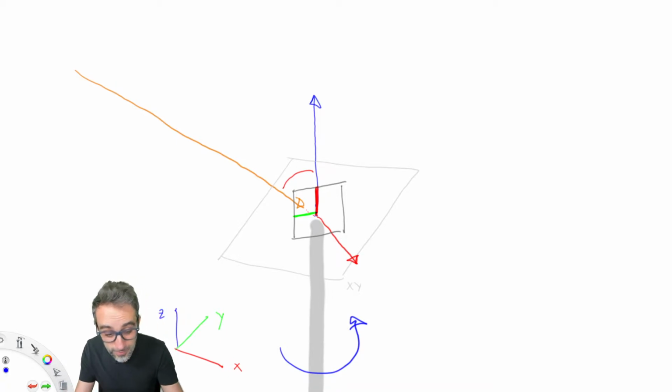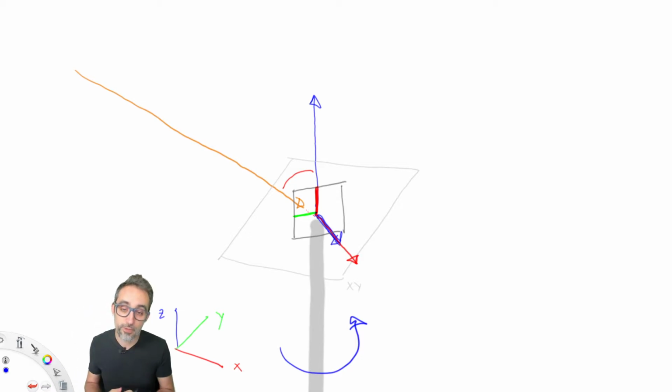The perpendicular to that plane, the normal, this one, is going to be the vector that we're looking for, the first vector that is going to serve us for the plane. Okay? So let's take a look at how to do that in Grasshopper.